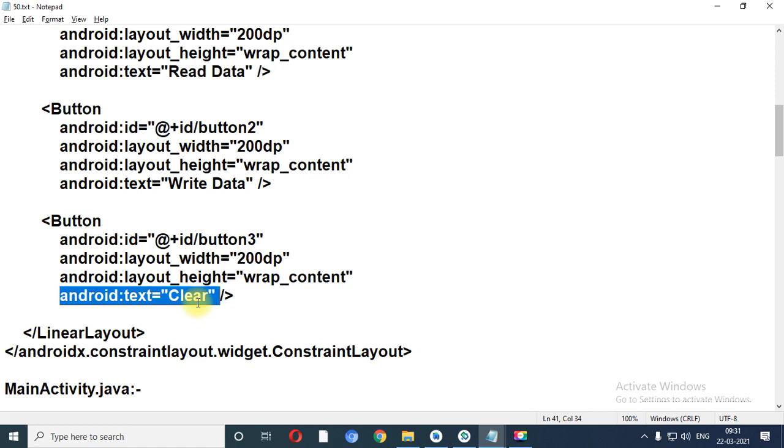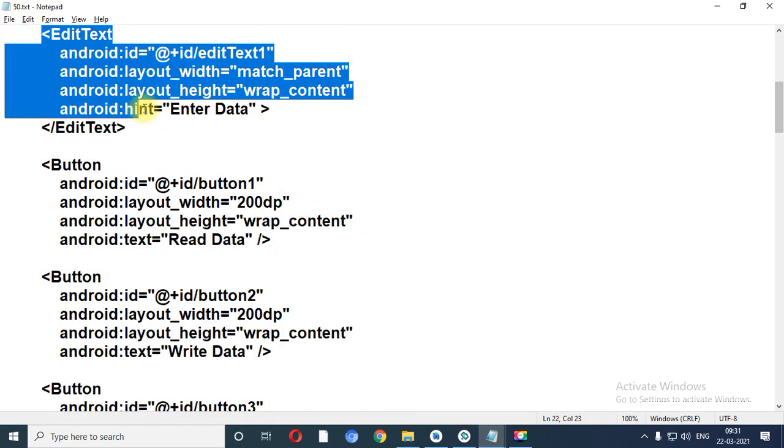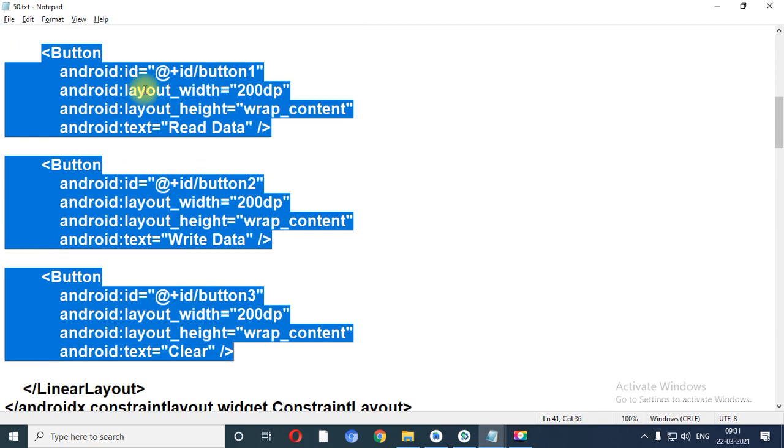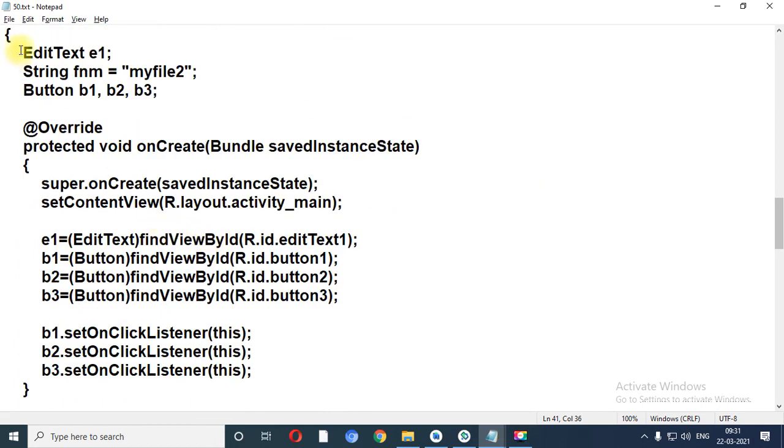Now in the MainActivity.java file, what task have we performed? Number one, we create the object of edit text class. We create three objects of button class. All the three buttons and the edit text, see here, object of edit text, object of three buttons.